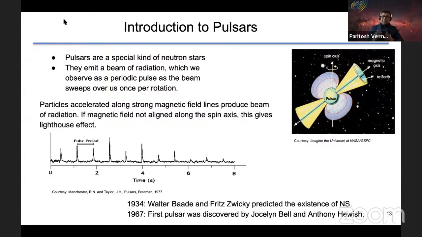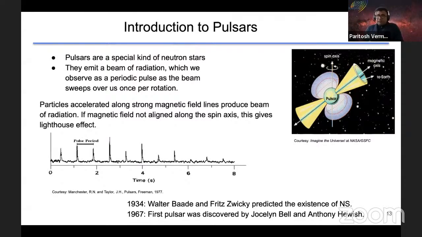Since the magnetic field is very strong near the surface, these charges cannot cross the magnetic field lines. Rather, they are trapped and they move along these magnetic field lines like a bead on a necklace. Since they are relativistic particles, the radiation is confined in a cone, and the opening angle of the cone is determined by the velocity of these particles. And since the radiation is relativistic, it is non-monochromatic radiation and it is linearly polarized. So you can see it in the picture, and if the spin axis is not aligned with the magnetic axis, you will get a lighthouse effect.